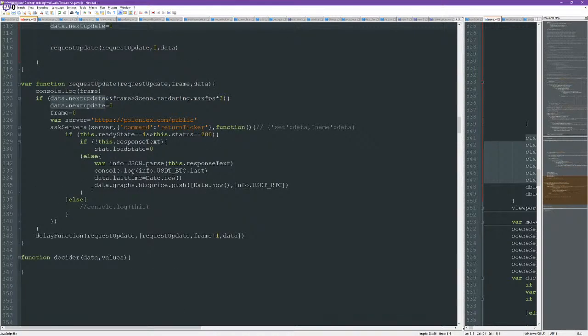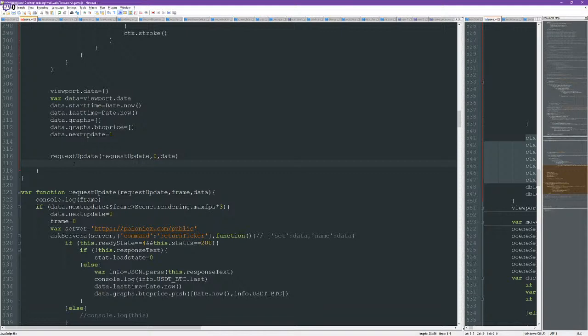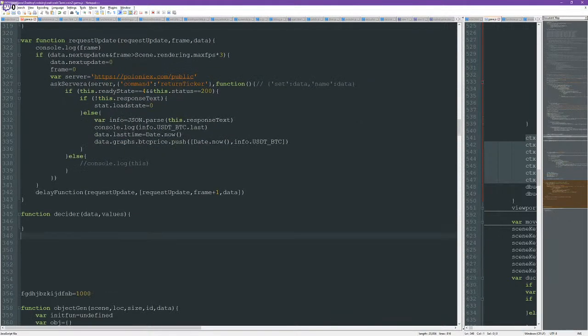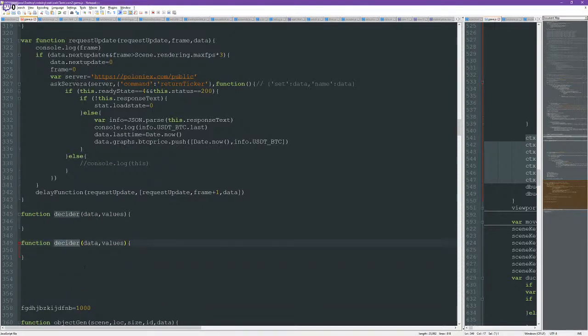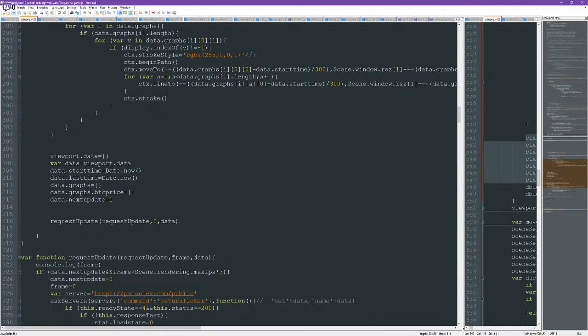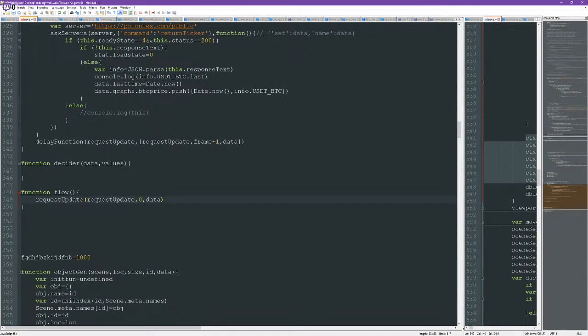No. So there's going to have to be some sort of a universal thing that runs all the code in the background. Let's just call it the flow for now, why not? So the flow is a thing that's just going to be looping itself, I suppose. So we want to decide on something. Before we can decide on something, we must have the values. So we've got to get the values. When the values are returned,